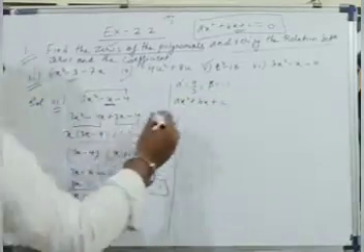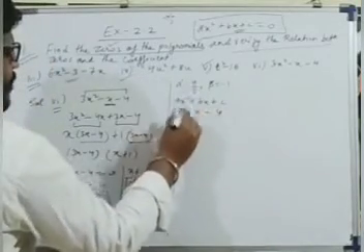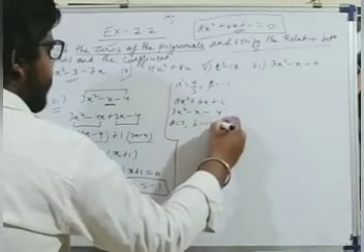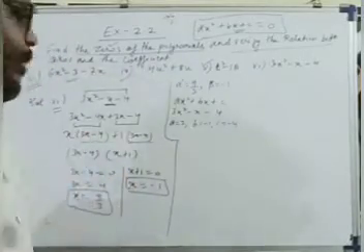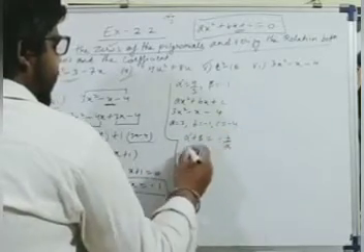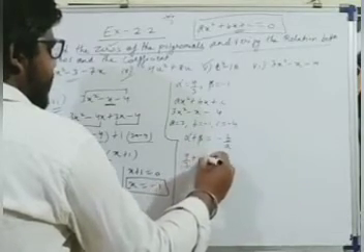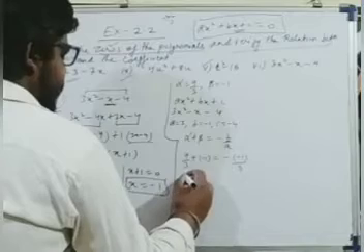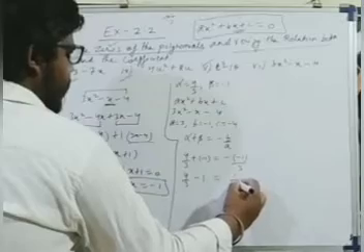The given equation is 3x square minus x minus 4. Comparing both the equations, a equals 3, b equals minus 1, and c equals minus 4. The relation we have is alpha plus beta equals minus b by a. So let's put the values in this relation. Alpha is 4 by 3 plus beta, minus 1. Minus b is what? Minus of minus 1. A is 3. So 4 upon 3 minus 1, minus minus plus 1 upon 3.